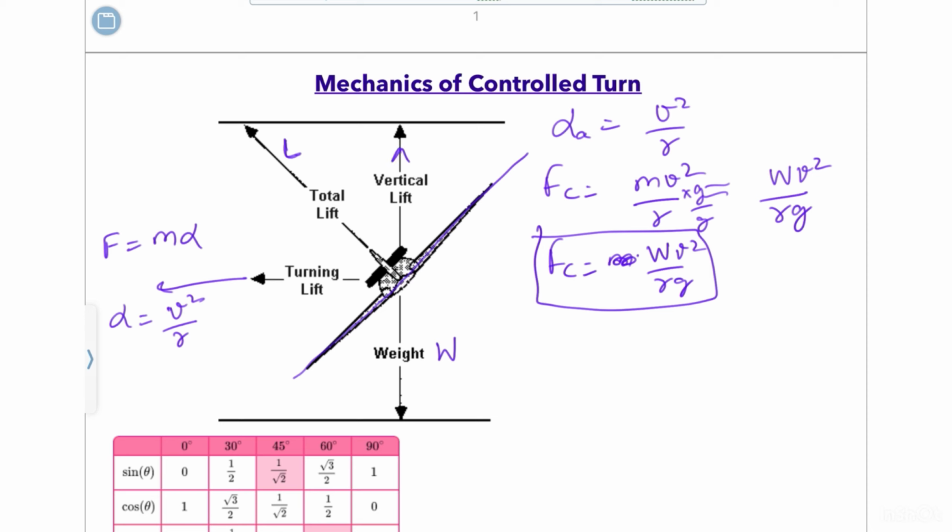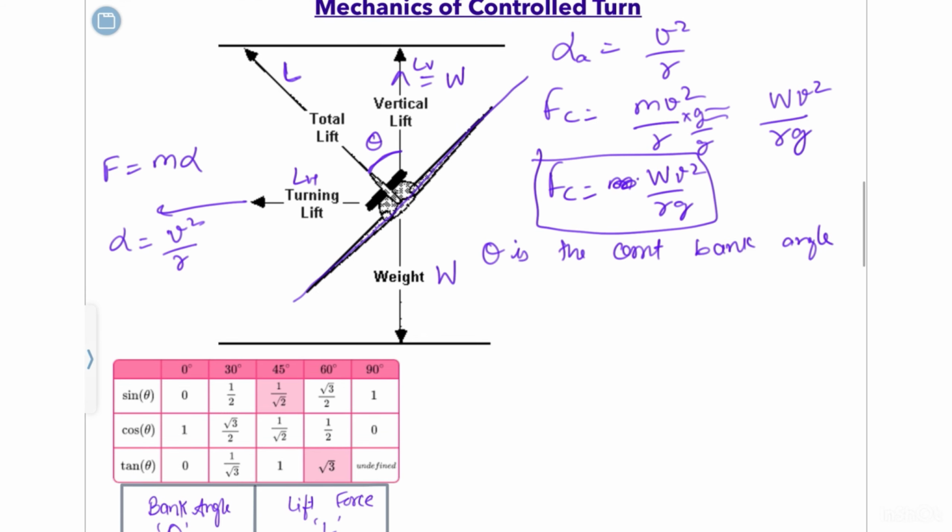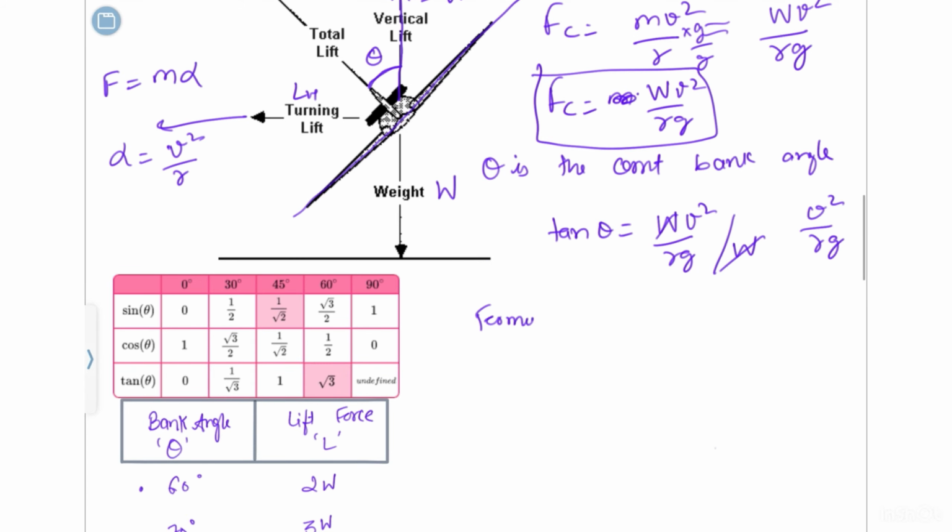And then there is a vertical lift which is equal to the weight, lift vertical, and this is lift horizontal. So this is the banking angle. Let's say theta is the correct bank angle, and when we equate, it goes like that. Tan theta will be equal to Wv square by rg by W, that is the perpendicular by base. So this will cancel out and it will become v square by rg. So this is formula 1, which is tan theta is equal to v square by rg,